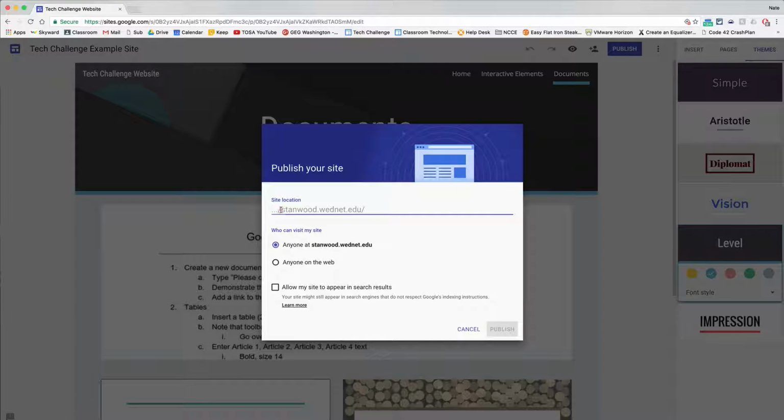The full website is going to be stanwood.wednet.edu/whatever you put here. So I want to recommend that you don't pick a name for your website that includes something like your subject area, because if you switch schools or change subjects, you would be the owner of that subject. So if I were to name this like biology, well, that prevents anybody else from using biology or for the department to use it. So maybe do something that starts with your last name. So you could say Hanson,